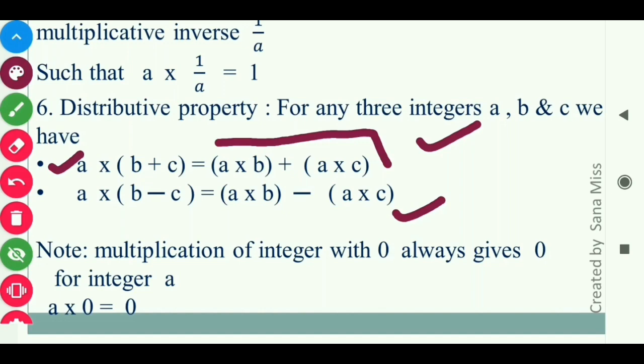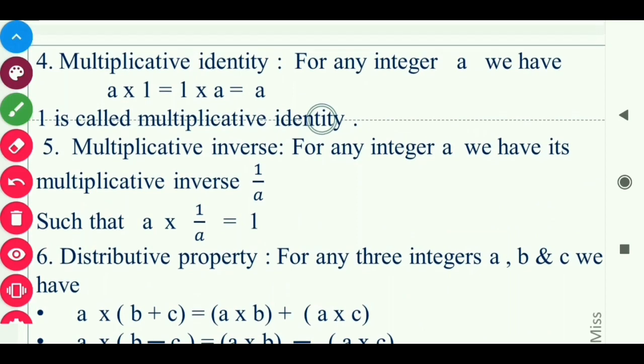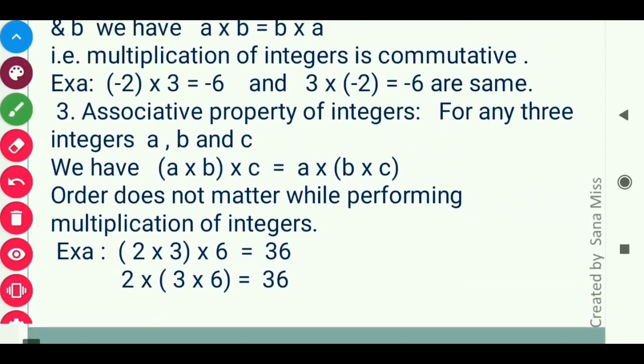And one more thing we already know, that the product of any integer with 0 gives the result 0 itself. This is very important. Remember, when you multiply any integer, say a, with 0, a into 0 or 0 into a will give you the result 0. So these are very important properties of multiplication.